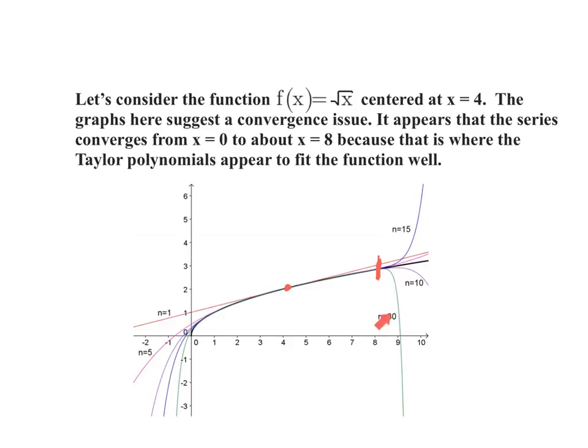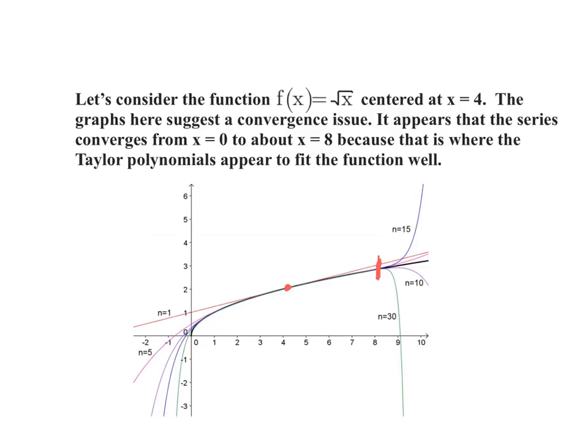And even though we increase the number of terms by a lot, it is still not going to get close to the square root of x. It's going to deviate from it. That means it diverges after x equals 8. Between 0 and 8, this function converges, but to the left of 0 and to the right of 8, it